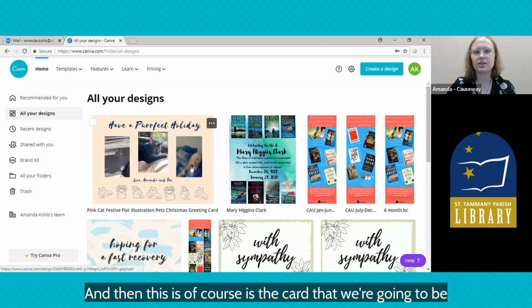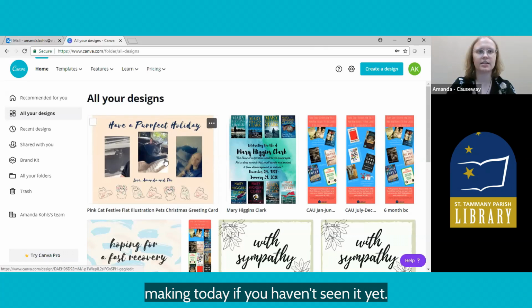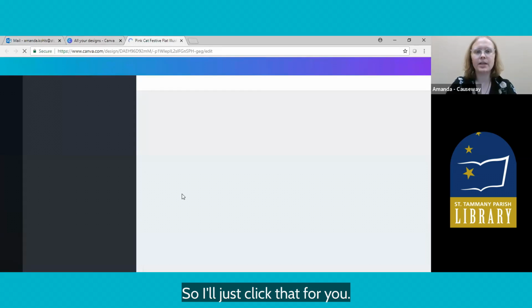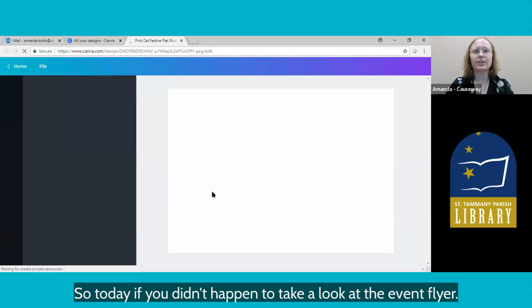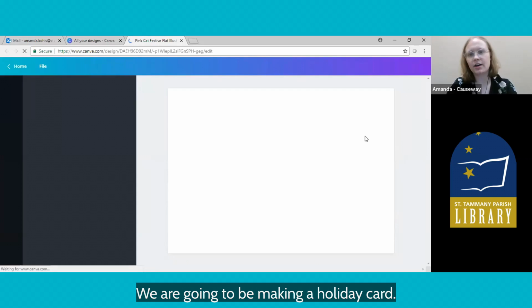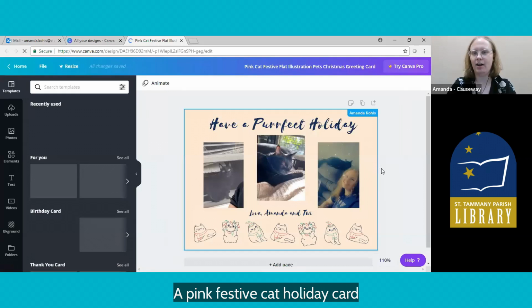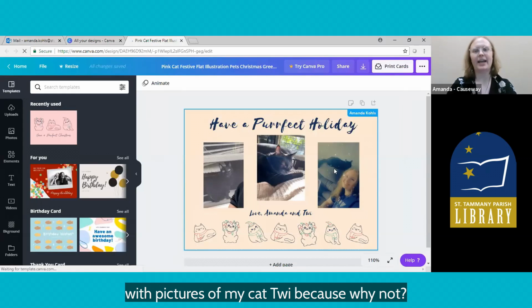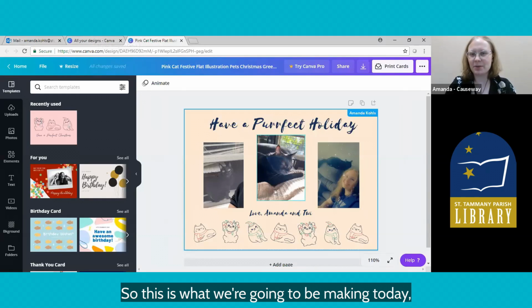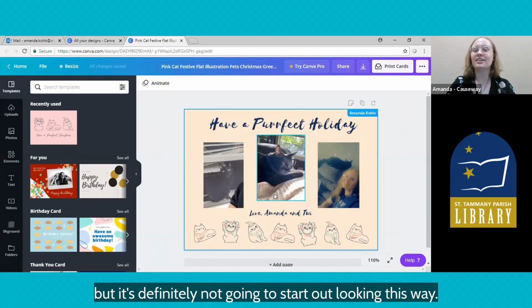And then this, of course, is the card that we're going to be making today if you haven't seen it yet. So I'll just click that for you. Today, if you didn't happen to take a look at the event flyer, we are going to be making a holiday card, a pink festive cat holiday card with pictures of my cat, Twy, because why not? So this is what we're going to be making today,